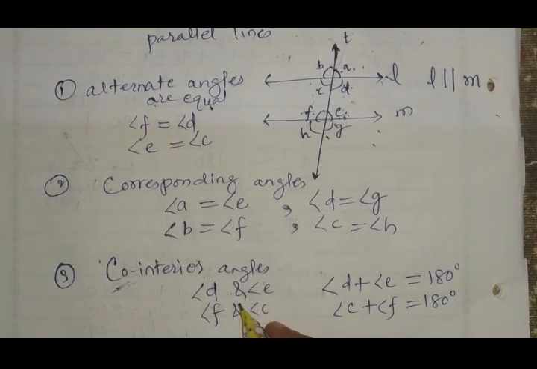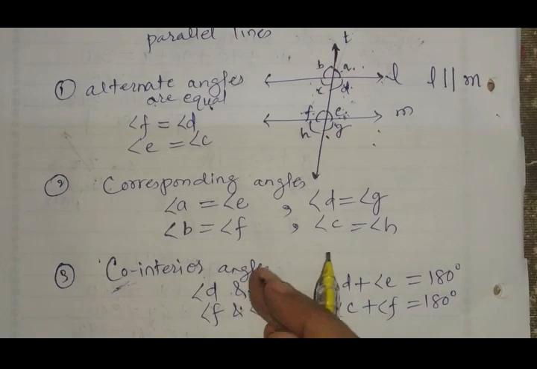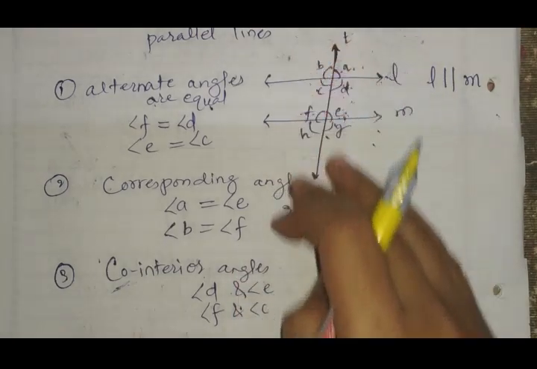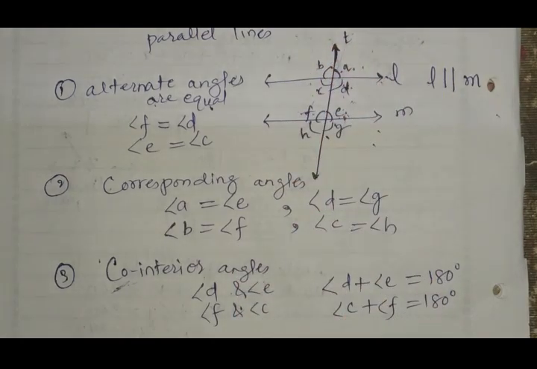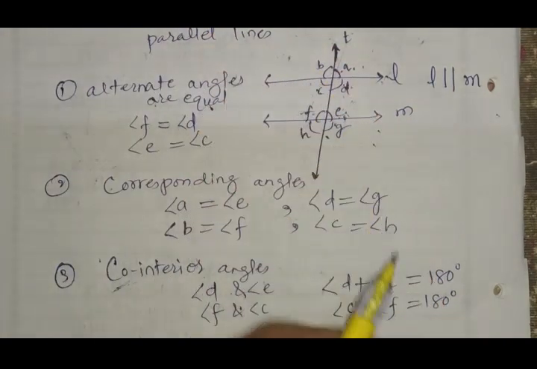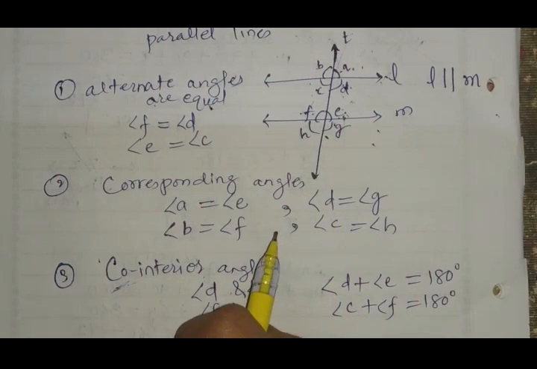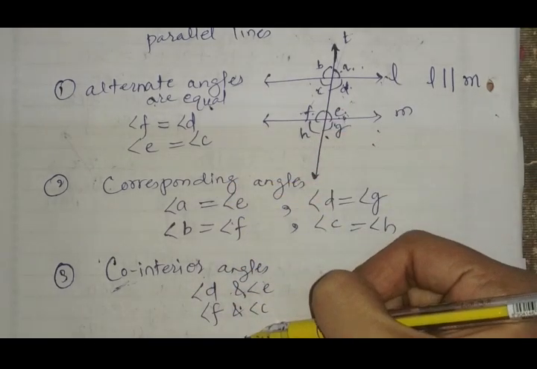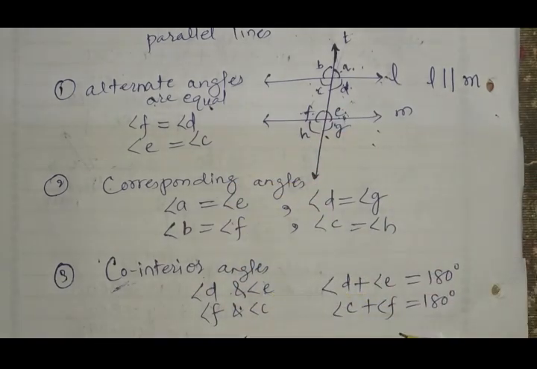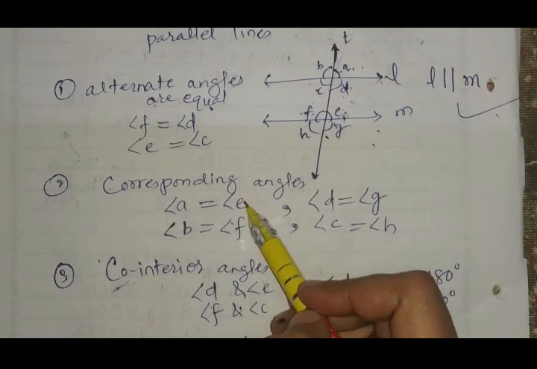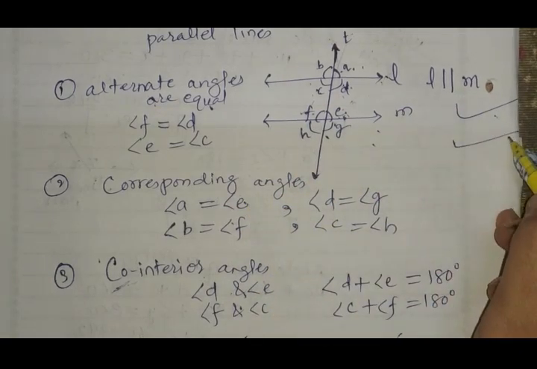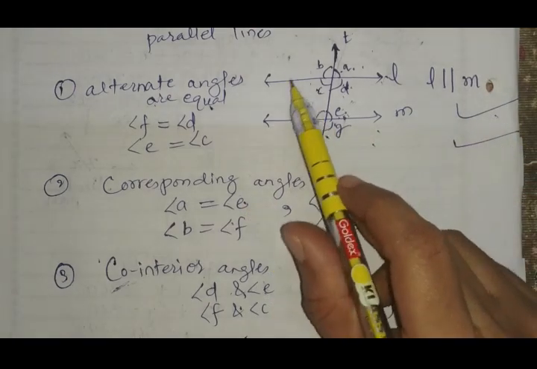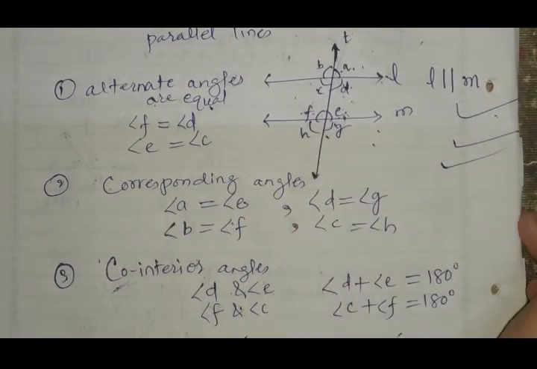So, if a transversal cuts two lines, then these cases are possible. And if you want to test for parallel lines, then we have to use the converse. What converse property is there? That if a transversal cuts two lines, then the lines are going to be parallel if any one of these is true. If the co-interior angle sum is 180, then you can say the lines are parallel. If the corresponding angles are equal, you can say the lines are parallel. And again, if the pairs of alternate angles are equal, again you can say the lines are parallel.